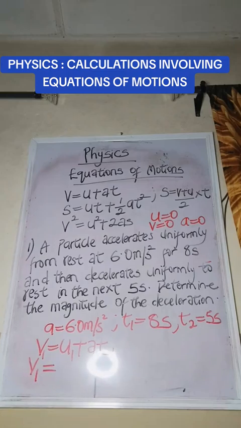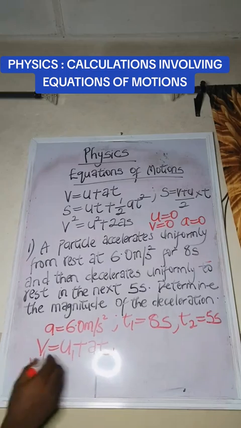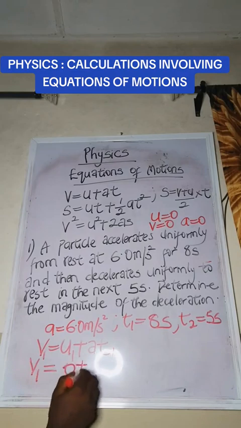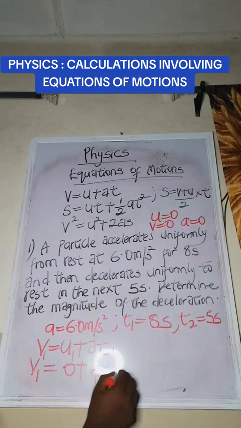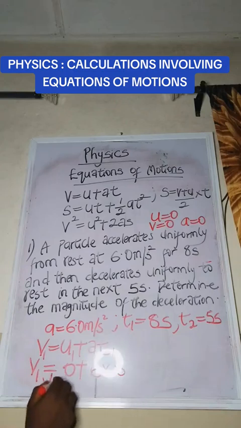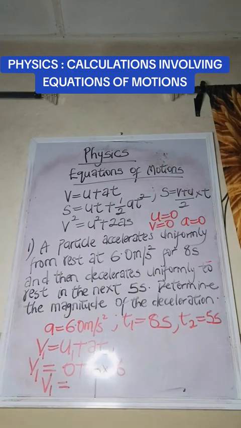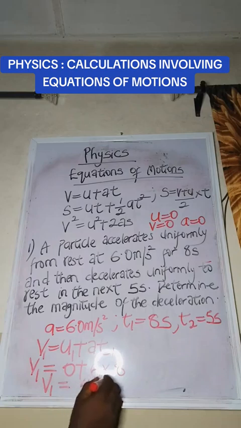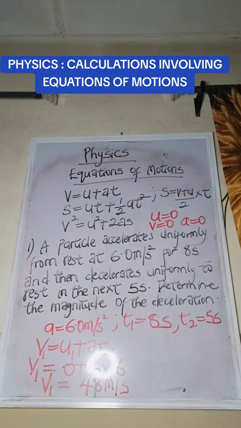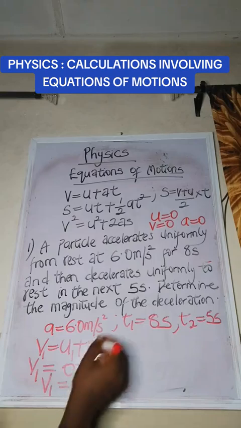Then they said it starts from rest. So U1 is 0 plus 6 times T1, which is 8. So we have that V1 equals 6 times 8, which is 48. So we have 48 meters per second. This is the final velocity for the first process. Then the second one, we have